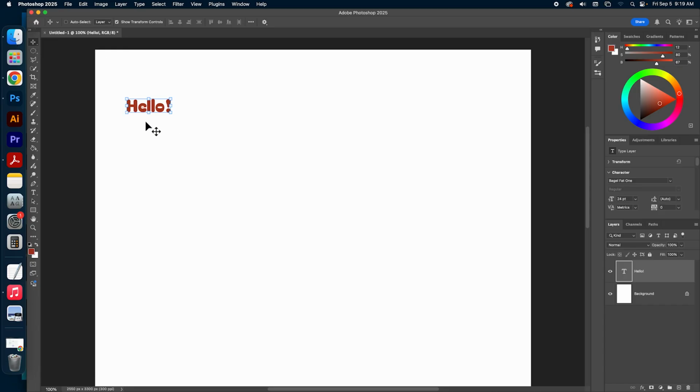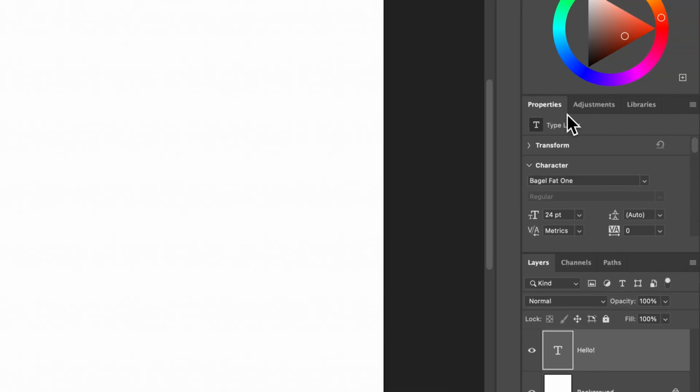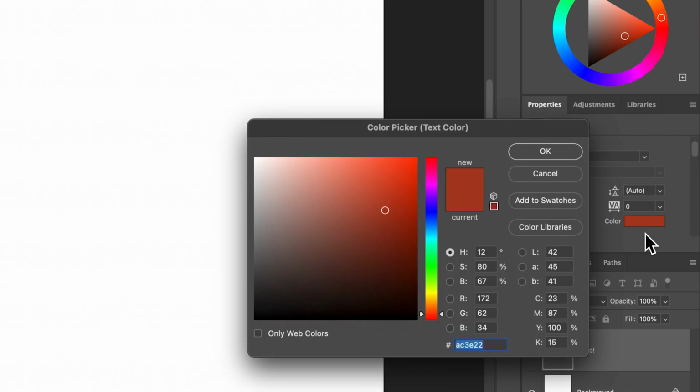To move the text, you can just use the move tool. To resize the text or to do any editing to the text, we will need to highlight it first. Over here on the side in our properties panel, with the text selected, you'll see that we have a character section. We also have a transform section, but we're not really using that. Character section, this is going to be your font choice, font size, and a couple of other things that we don't need to look at today, but leading, tracking, and kerning are down there, as well as the color.